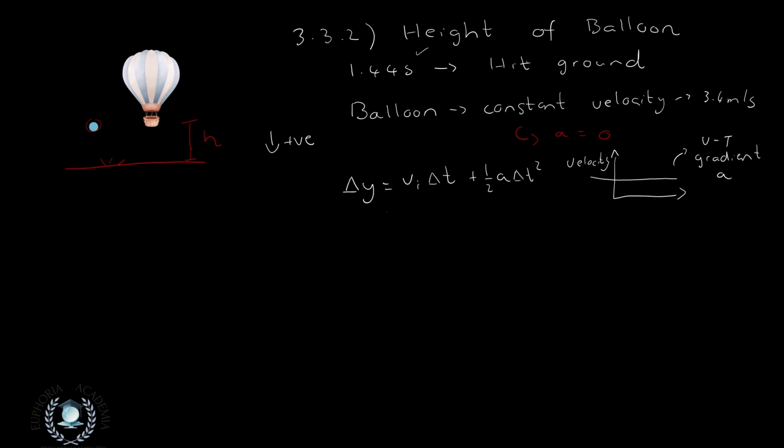Alright, we're trying to find delta y. Our vi, which is in this case the constant velocity because it doesn't change, 3.4 multiplied by 1.44 seconds. This is after the ball hits the ground, plus half our acceleration, 0. So that term is just going to be 0. And then you're going to see that 3.4 multiplied by 1.44 is going to give us an amount of